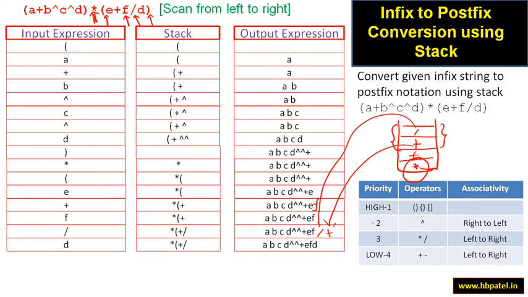So look at this. After pushing this d, the slash and plus are put in the output, and at the end I am having only one operator, multiplication. Then I am not having anything left in the expression, so that is popped.